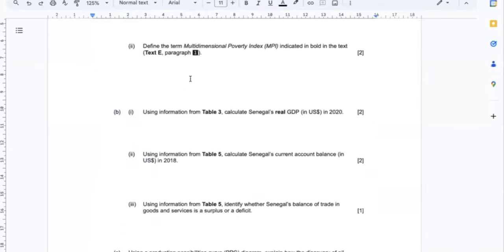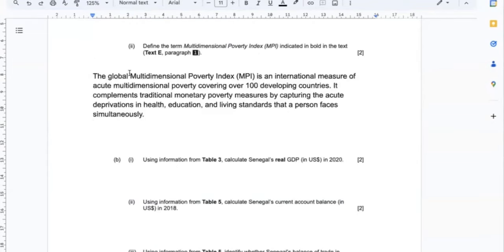Question A2. Define the term multidimensional poverty index indicated in bold in the text. The Global Multidimensional Poverty Index is an international measure of acute multidimensional poverty covering over 100 developing countries. It complements traditional monetary poverty measures by capturing the acute deprivations in health, education, and living standards that a person